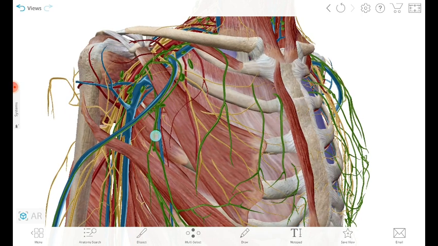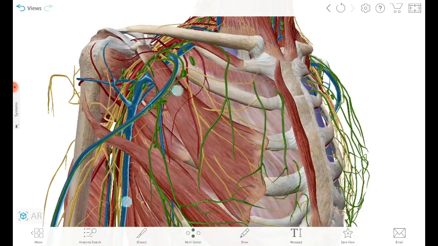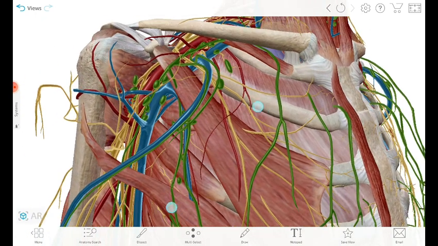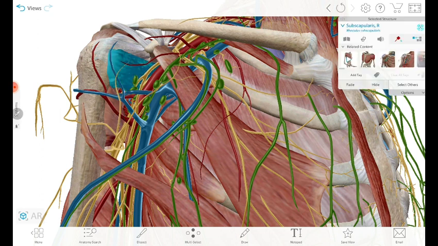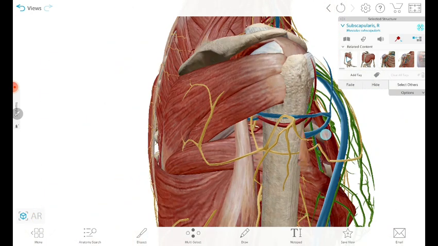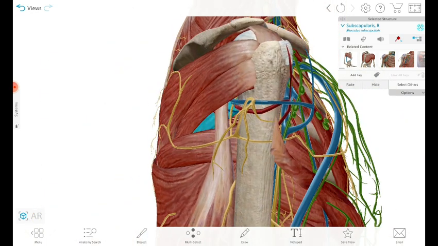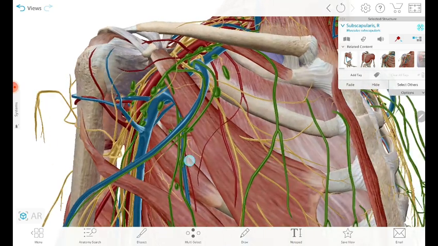Now we will see the posterior wall of axilla. You can see the posterior wall of axilla is formed by this muscle over here. This muscle is actually the subscapularis muscle. You can see the subscapularis muscle through this opening. It is attached to the ventral aspect of the scapula bone in the scapular fossa. So this here is the subscapularis muscle,